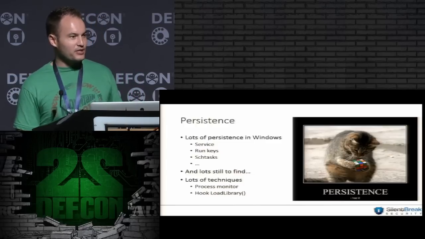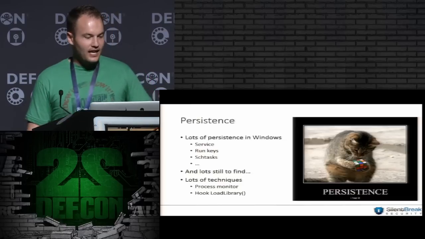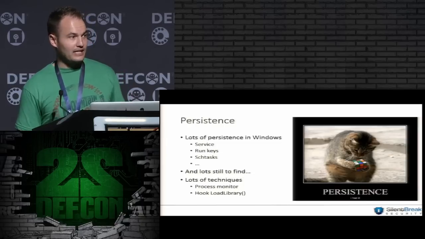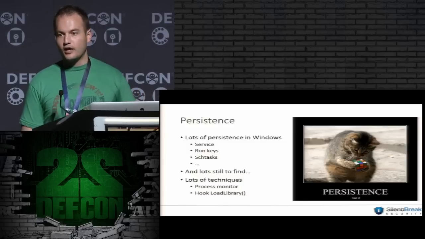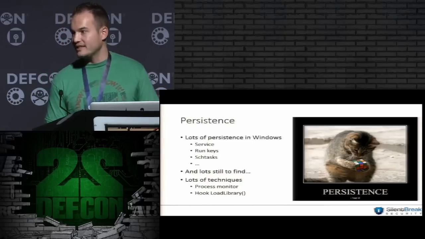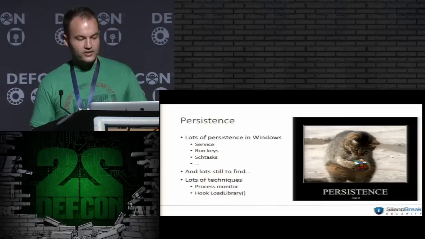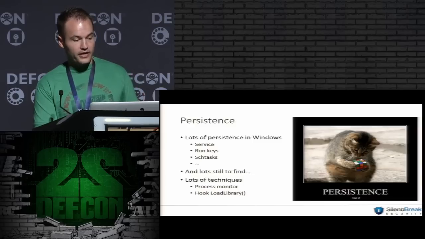So we do have other options, right? There's run keys, there's scheduled tasks, but wouldn't it be nice if we had another option, especially something as simple as dropping a DLL to disk and creating a registry key and then having that be loaded on boot into a system level process. A DLL is super stealthy and we can design the DLL to do whatever we want. So, like I said, there's lots of techniques. The technique that I use to find this, I'm going to talk about 3.